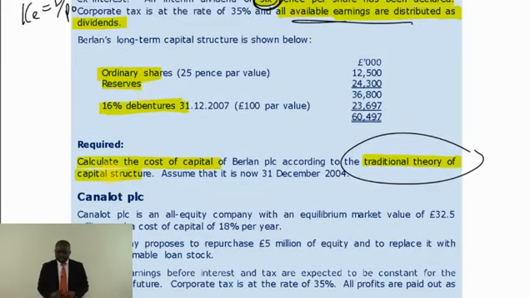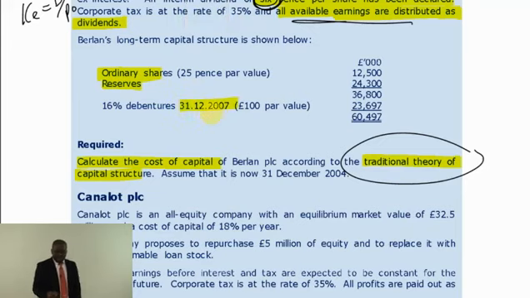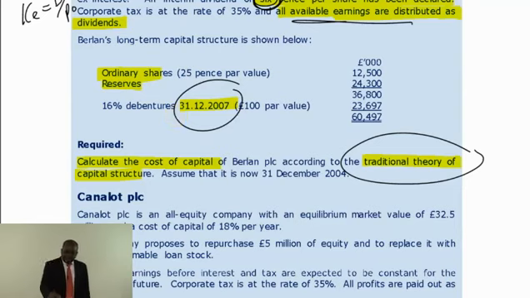The question told us here, it's not every time the examiner will say it's redeemable or not redeemable. Here, they gave us that it's supposed to be 31st December 2007. When they put it here, it's telling you that is the redemption date. And the question is telling us we should assume it's 2004. So if it's 2004 now, and we have to redeem it in 2007, we've got 3 years.